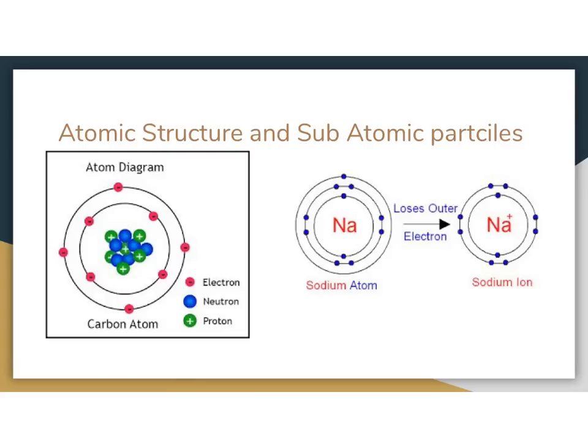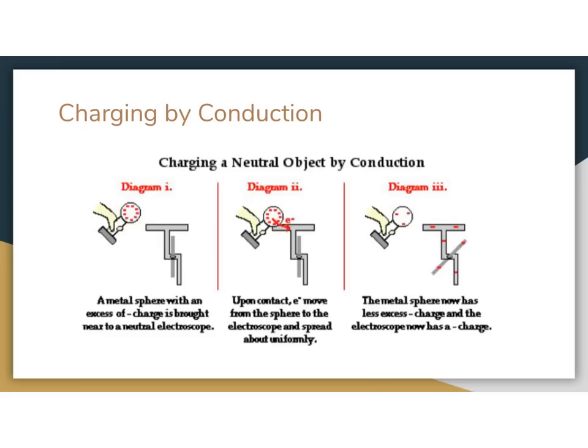Some elements can lose multiple electrons and have a 2+ charge or a 3+ charge. And this means that there's an extra electron floating around somewhere, but usually it is attached to another molecule or element, which leaves that molecule or element with a negative charge. And so what we have here is how we can use these electrostatic forces to actually charge